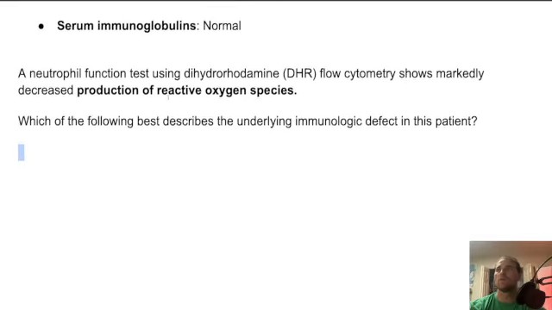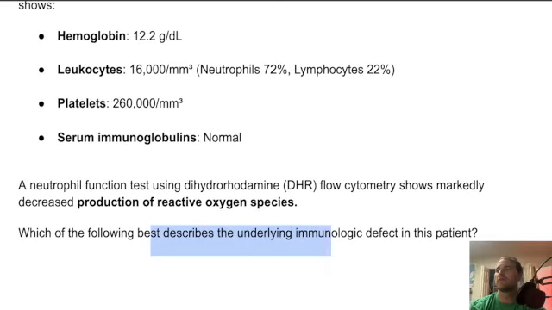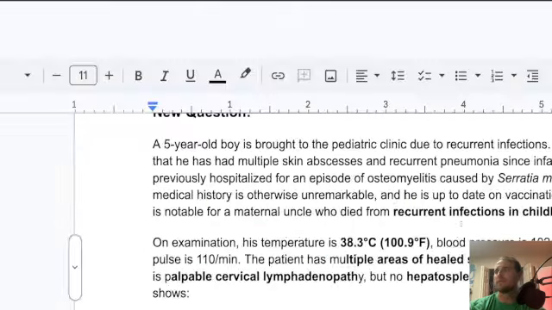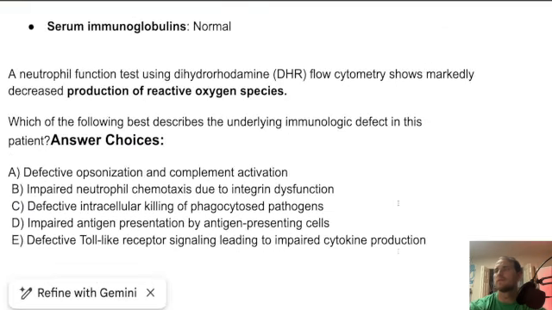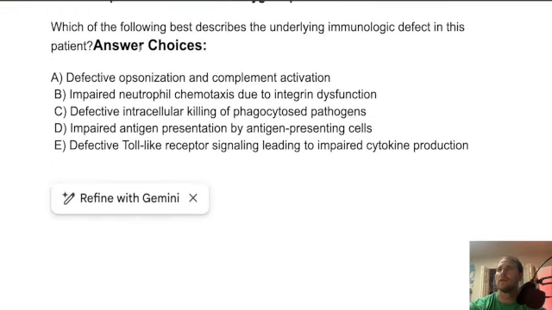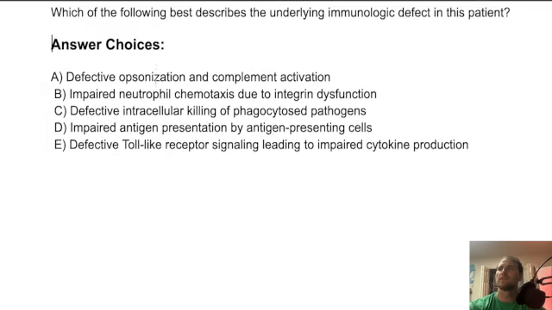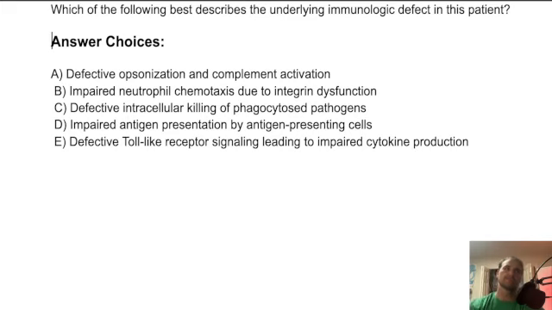And so what we're going to do is find out which of the following best describes the immunological defect in the patient. So we'll see if you have a little bit of a diagnosis here. I'm going to paste some answers and we'll zoom on down. Okay, so A, defective opsonization and complement activation. Okay, so this would be in C3 deficiency